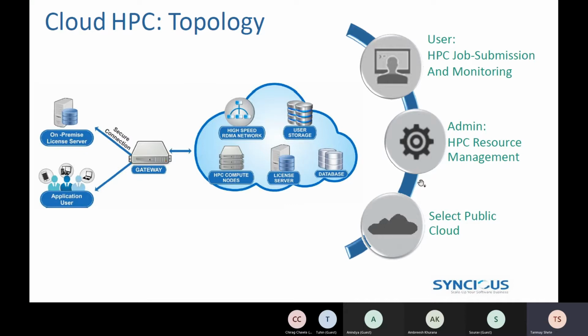This is one example of cloud HPC that you are currently going to experience, but in future you will see that this is the trend, and multiple cloud vendors will come into the picture. You will be able to manage multiple public cloud providers, like Microsoft, Amazon, Oracle, Google, IBM. All those guys will be competing for this space.